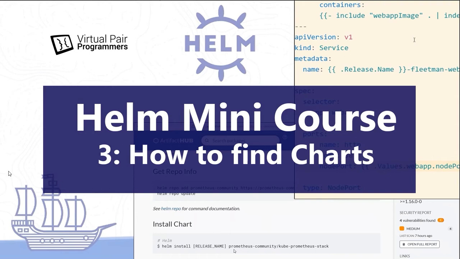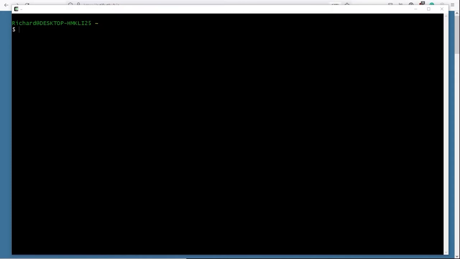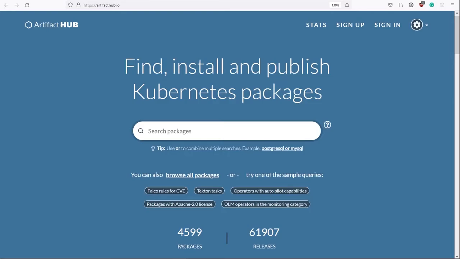But if you're just here for Helm, then let's continue the story on finding charts. We've now had a chance to play a little bit with Helm, and we've installed our first chart. But there was a major bit of detail that I missed out previously, and that's where do we actually find these charts from? Well, you'll remember from the previous demo that we did a little exercise of installing MySQL just